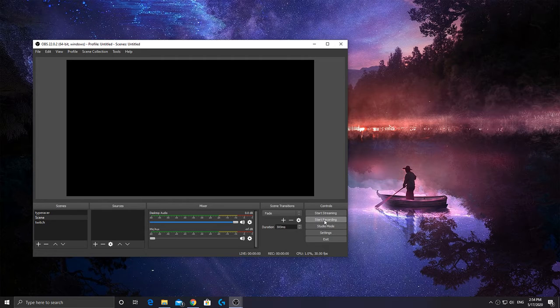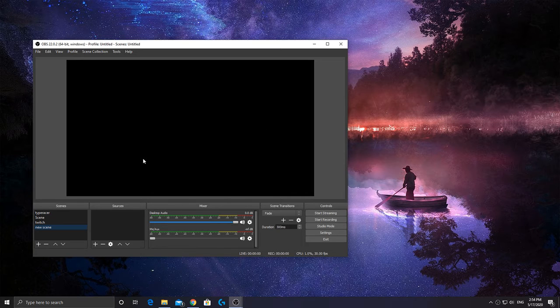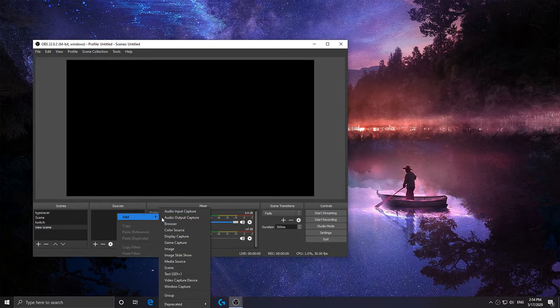Well, first here's the start recording button, but there's nothing on the screen, so how do we change that? Well, you have a scene, and then under the source you need to, let's actually do that. So you create a new scene. Then under sources you want to add,